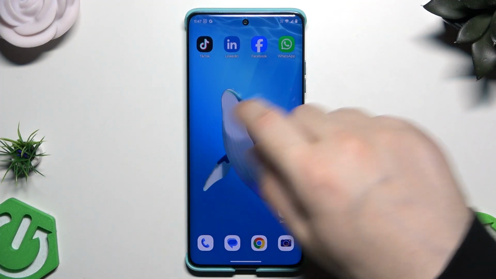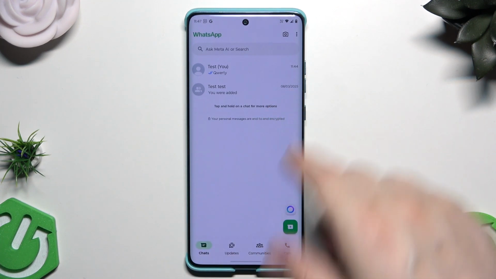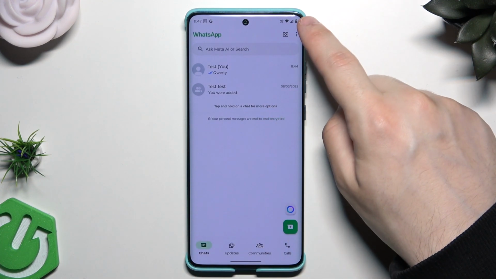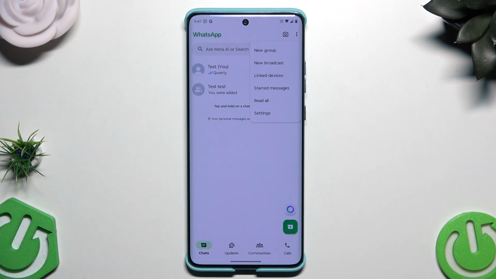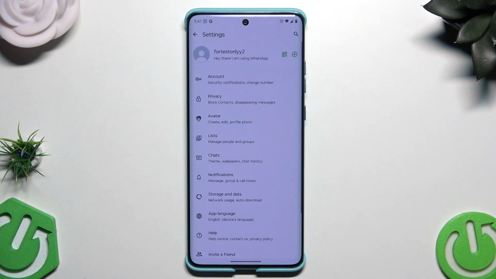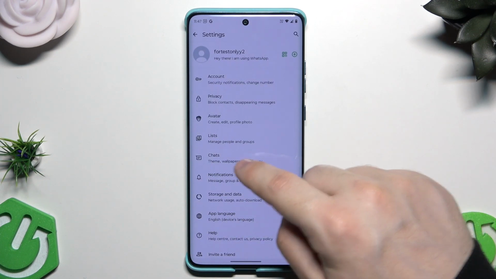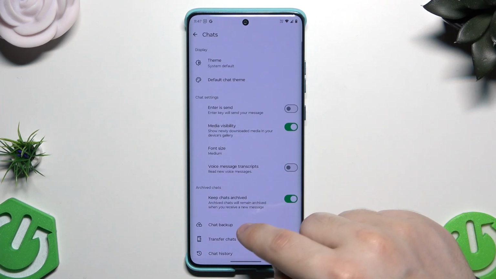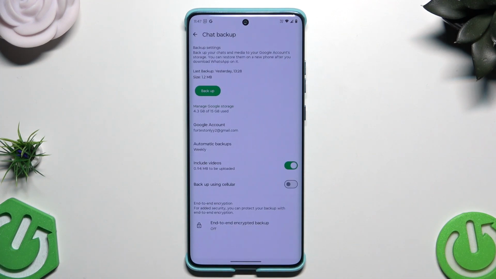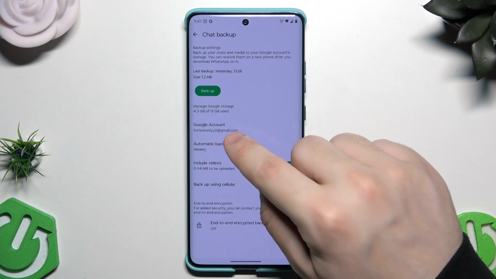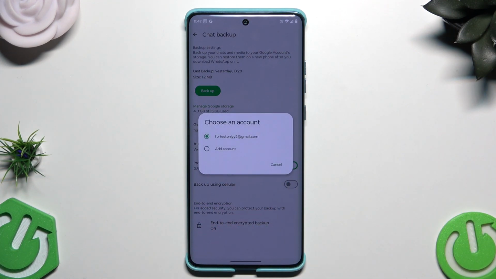Okay, so all we need to do is to open up our WhatsApp, and once we are here we need to click on those three dots in the top right corner and now click on settings. Okay, now find the chats. Now on the bottom click on chat backup, and now under the Google account you need to select the Google